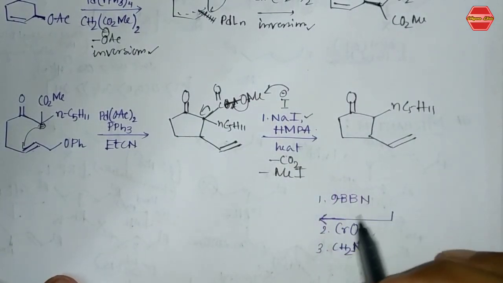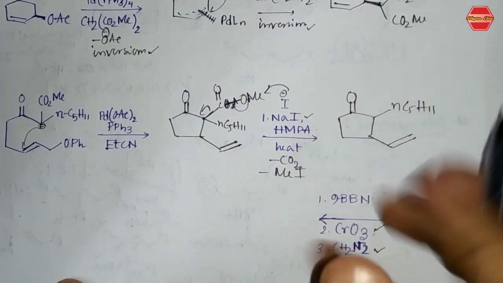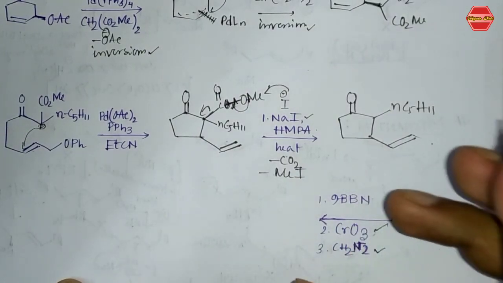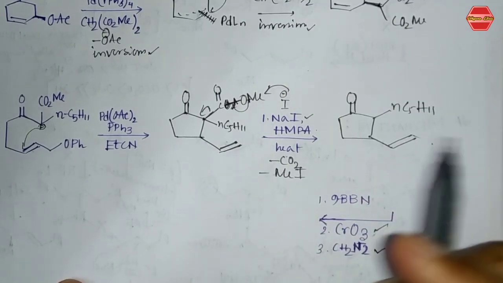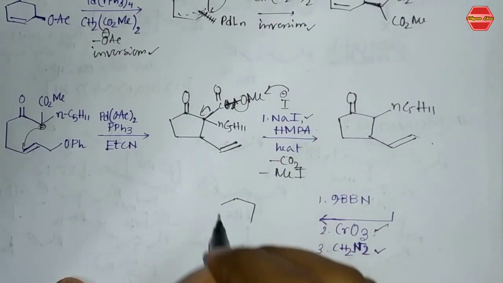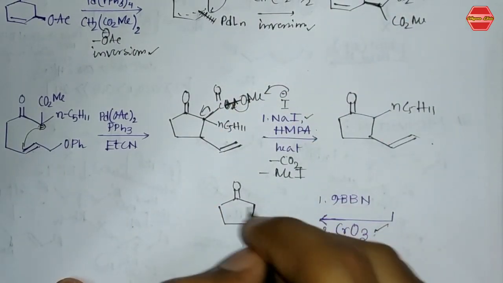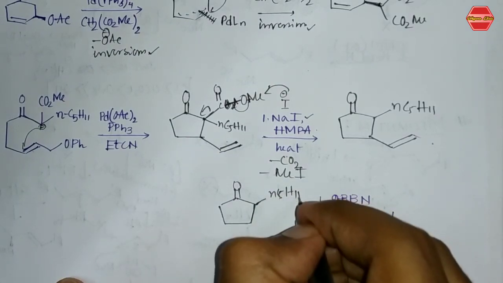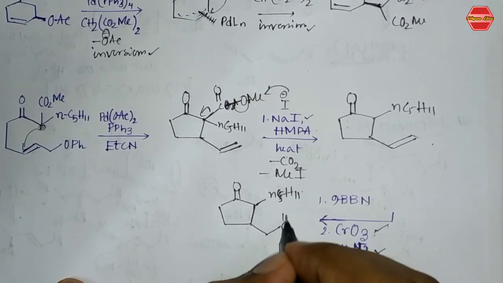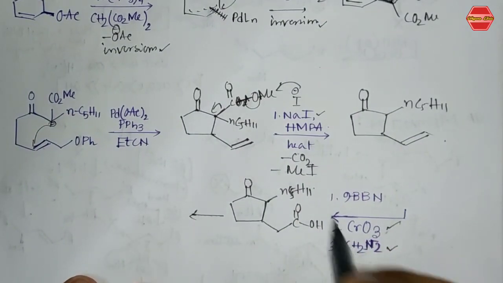Now the next step is that 9-BBN is given to you along with CrO3 and CH2N2. Now we know 9-BBN is a hydroborating agent, so this boron will attach at the less hindered position, and after that CrO3 is given, so it is an oxidizing agent. This is a quite strong oxidizing agent, that is why we cannot isolate the alcohol product. We are going to get the acid from this reaction. So that is what it is, C5H11, and this is C double bond OH, right? This is your product from the first two steps.